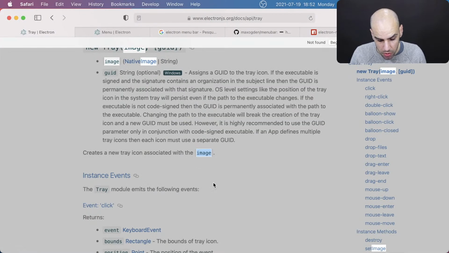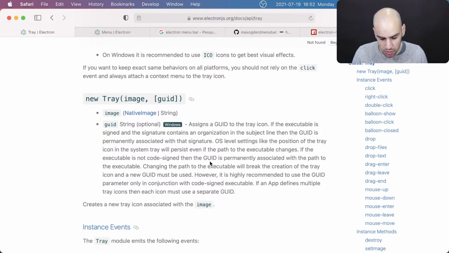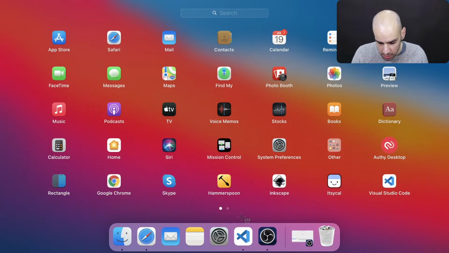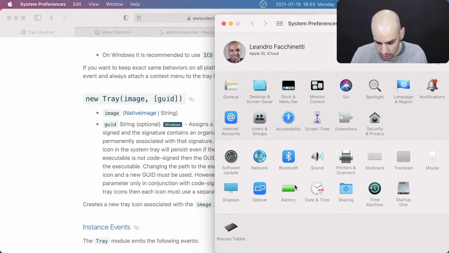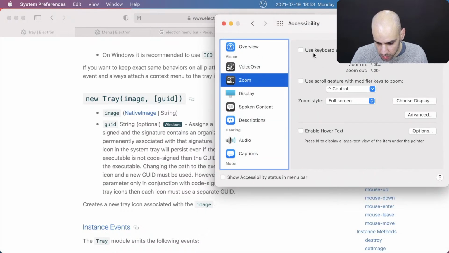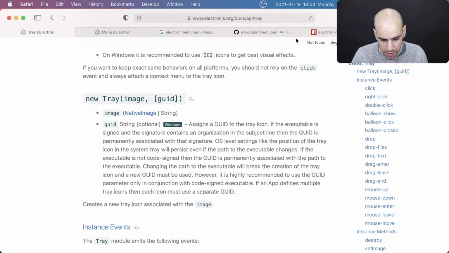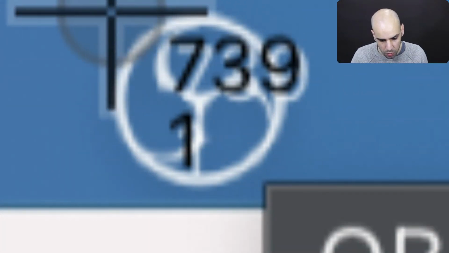Okay. So what do we want to have as the dimensions of this? What is the size of one of these icons? Let's zoom way in. Oh, this is a new computer. I don't have my zooming features enabled. So let's go to accessibility. Zoom, enable. No, not with a keyboard, with a scroll gesture. There you go. So now let's zoom way in and use Command-Shift-4 to do a print screen, but I'm not